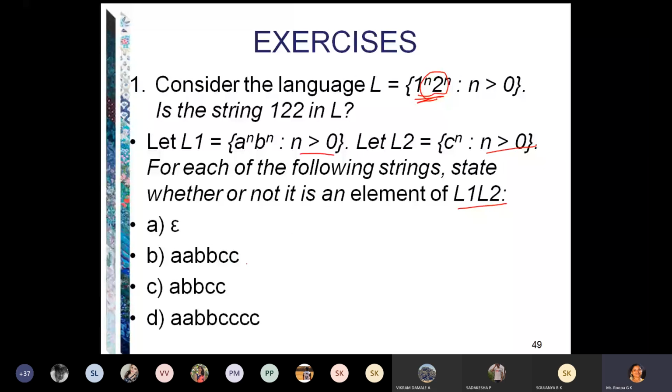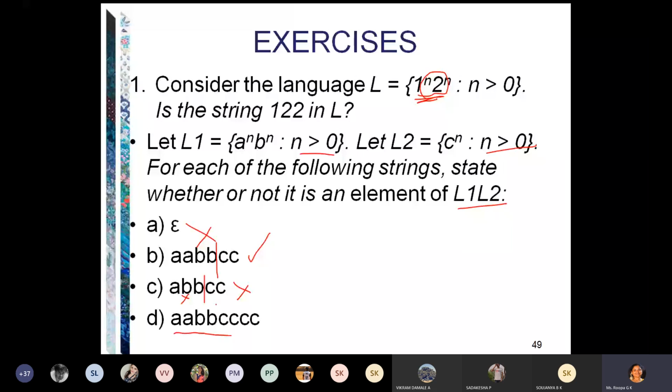A, B, B, C, C. So here, no. A, B, B, C, C. Yes or no? Yes, right? Okay. A, B, B, C. This is one part. A, B, B, number of A's and number of B's equal, fine. It is concatenated with 2C, okay, fine. 2C or 3C, let it be 2C, it is there. What about this one? A, B, B, C, C, this is one part. A, B, B, this part itself is false, because 1A, 2B, so the entire thing is false.